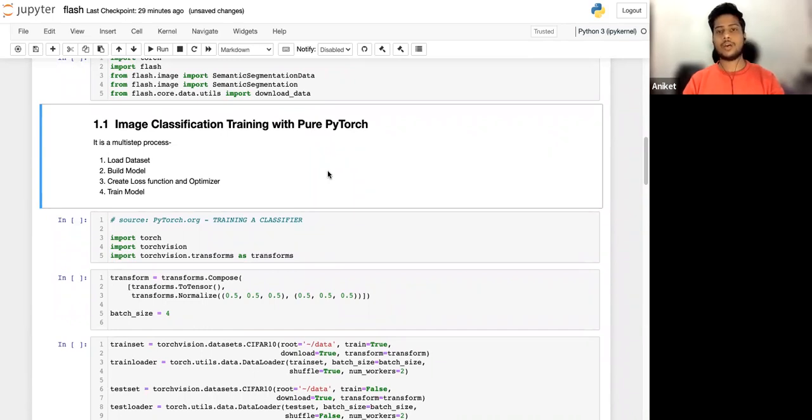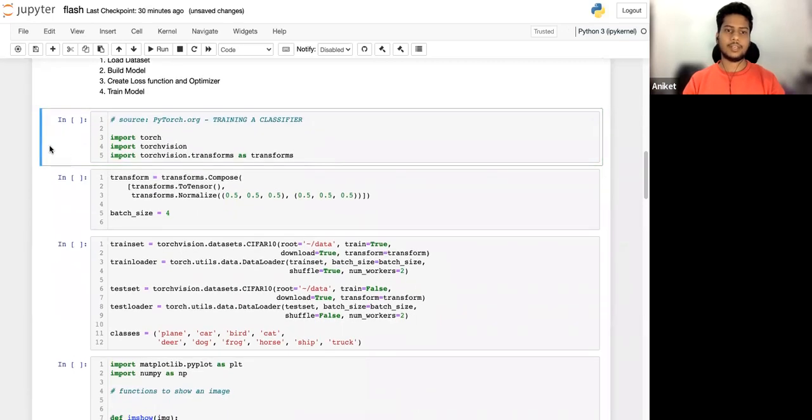And then I will show you how all this code can be reduced and all the boilerplate can be removed with PyTorch Lightning Flash. So like I showed initially, while training an image classification or any deep learning model, you load a dataset, build the model, create a loss function and an optimizer, and then train the model.